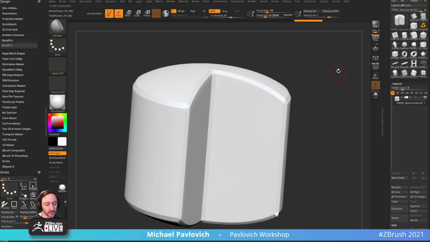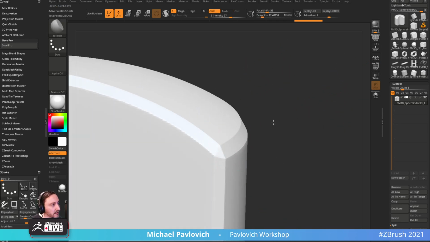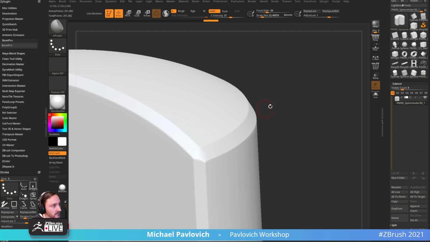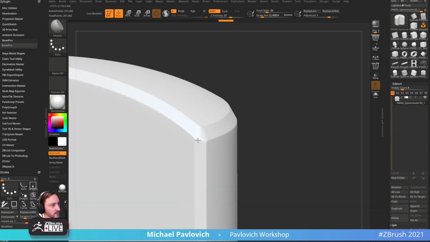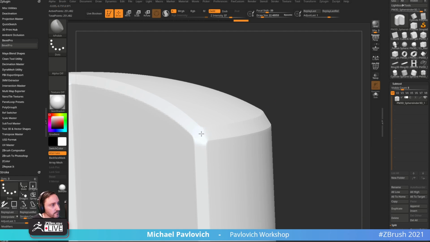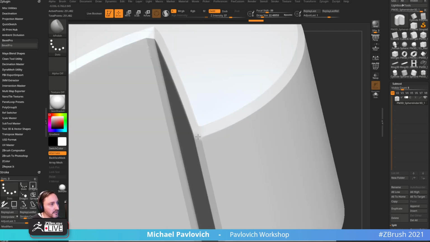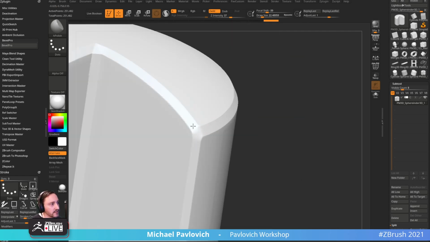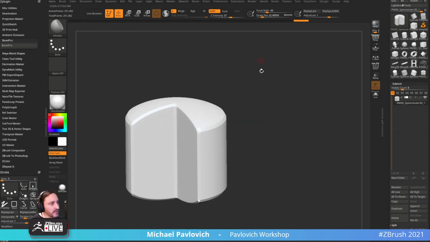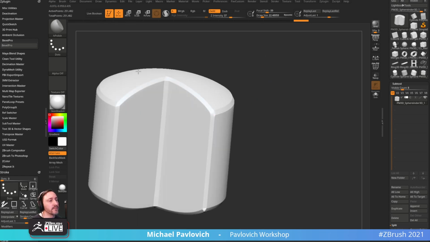And then if you wanted to, you can go in here with H polish, and you could polish around this corner and polish around this corner, and there we go. So we're using Dynamesh, and, like I said, Dynamesh meshes, but still being able to get